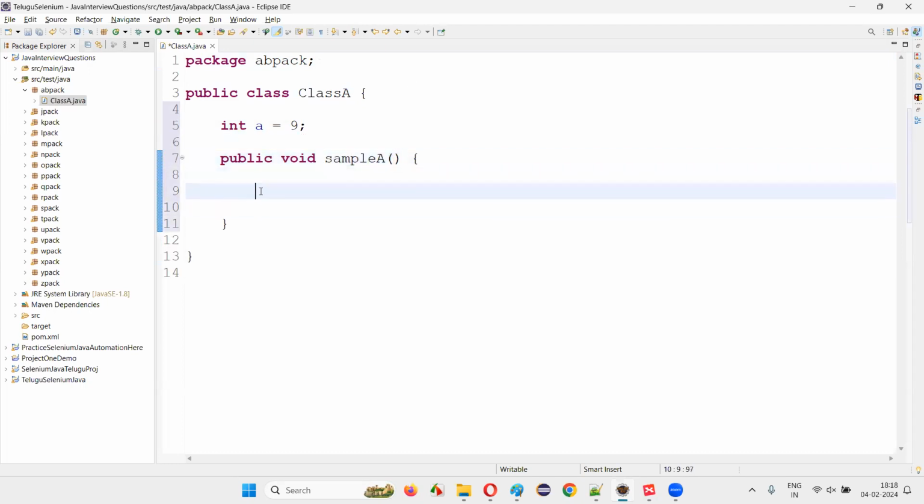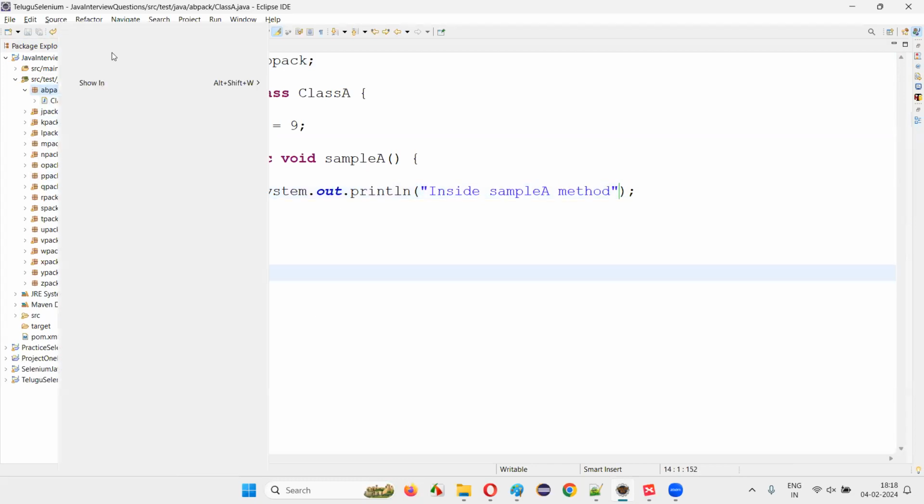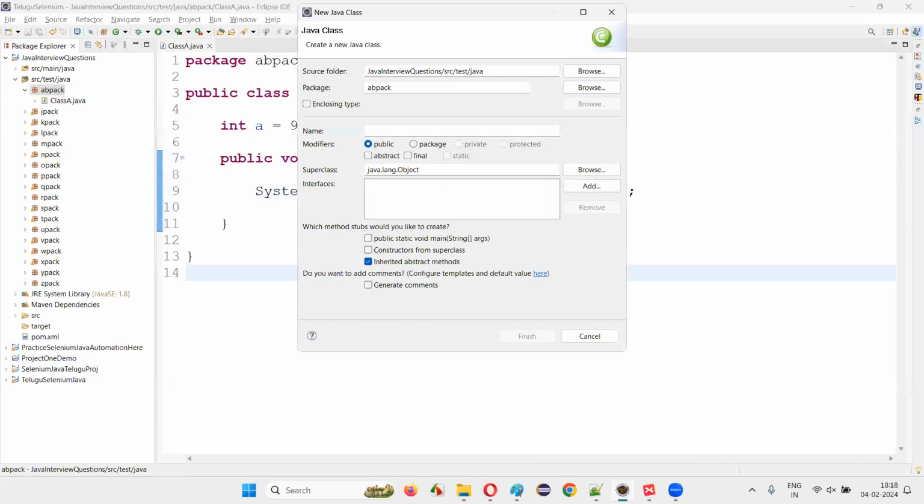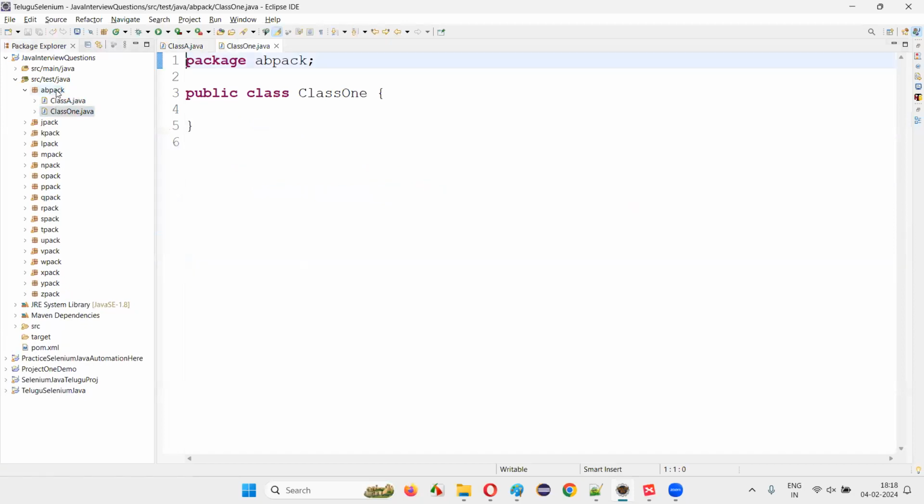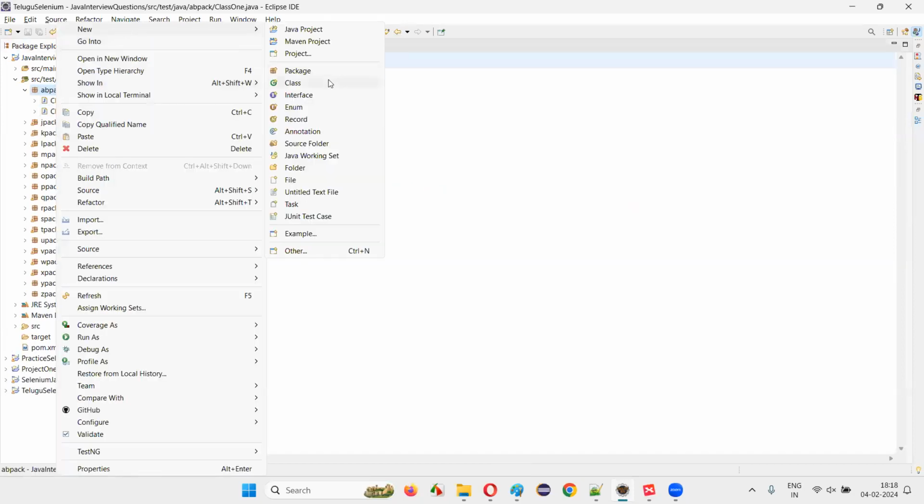And here I'll write a print statement, System.out.println, and I'll simply say, "inside sample A method." Okay. So I created one class. I'll create two more classes. I'll just name them, let's say class 1 is one class. Okay. Another class also I'll create. I'll just name this class as class 2,